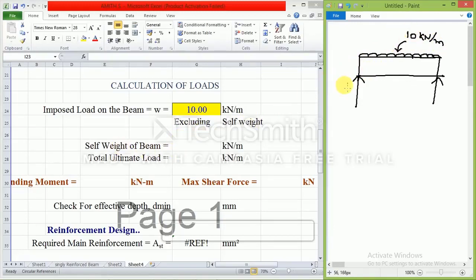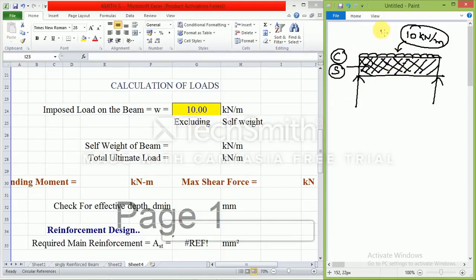Then what is the self weight of the beam? Here I had written it is excluding self weight. This is just the external load acting on the beam. And what does self weight mean? It is the amount of matter contained in a body. The beam is made up of concrete and steel, a heterogeneous material. Concrete has some density and steel has some density. Due to this, the beam holds a self weight.